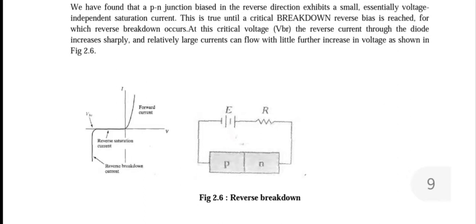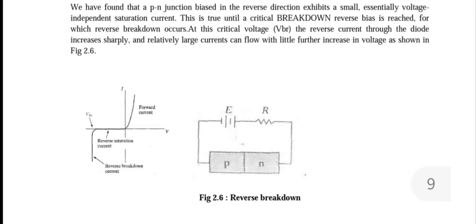But still there will be some small amount of minority charge carriers in the PN junction. So the recombination is possible and a small amount of drift current is present. And we have seen also that this drift current does not depend on the externally applied voltage. It merely depends on the number of electron hole pairs or minority charge carriers generated in the P type and N type semiconductor.